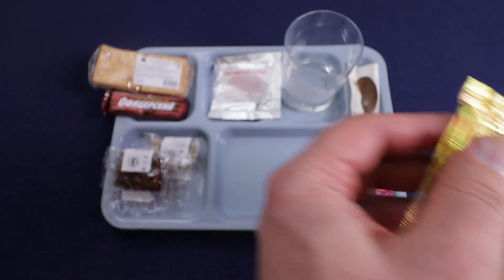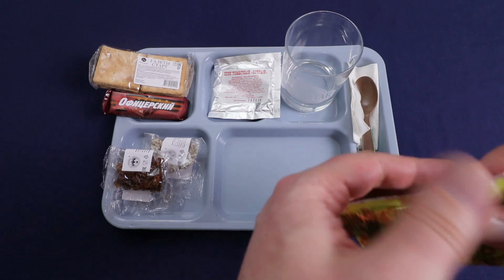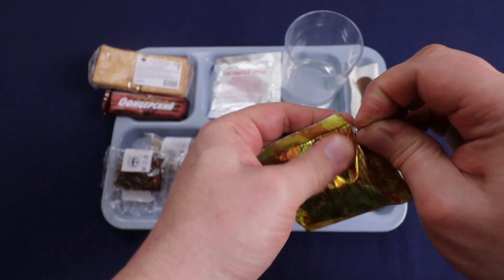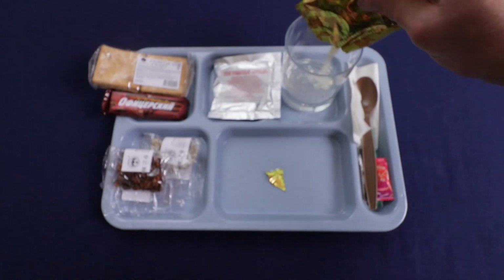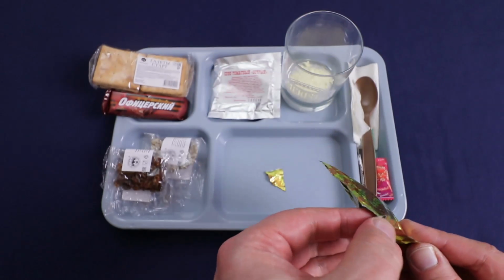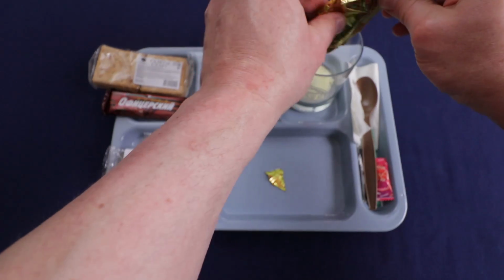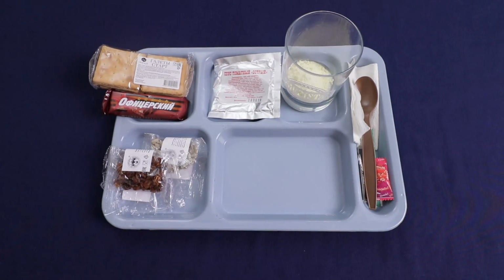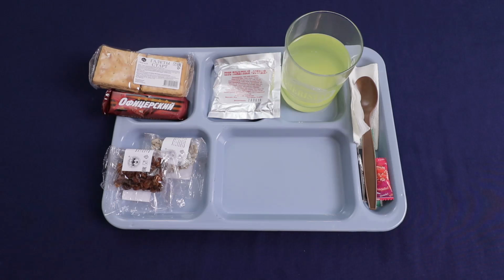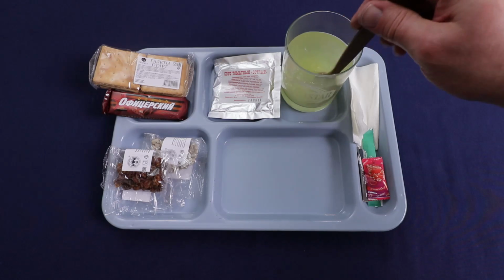And our vitamin drink. Can't remember if this had a tear notch on there or not. It doesn't, but it should be easy to open. It is a foil packet. Okay, maybe you didn't want to. I don't know why these are, oh, come on, Steve. They're always kind of chunky. Not sure why. Get some water in there. Just calls for about 200 milliliters of water, which is right about there. Give this a little bit of a stir